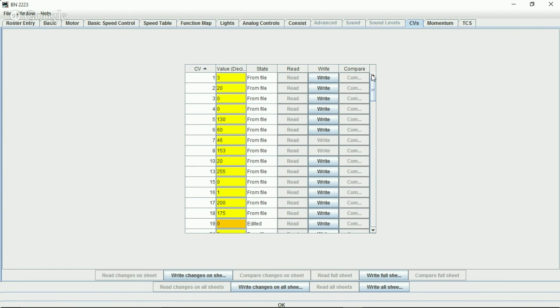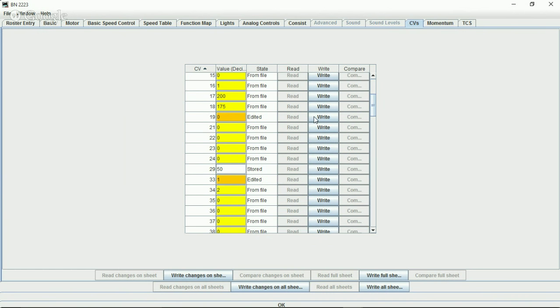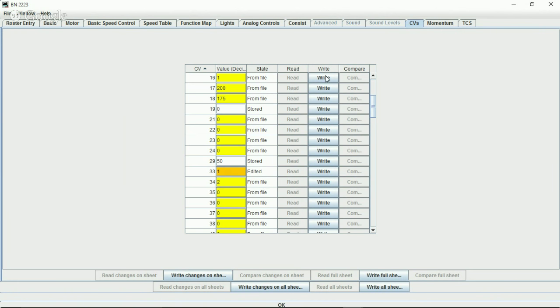You can even go ahead and just write them individually. If I hit, see this orange one, if I go ahead and hit write, it just wrote it. And if I went back to that tab where it was, it wouldn't be orange anymore, it'd be white. So that's just a little shortcut too for guys that have used Decoder Pro but maybe not fully to its full